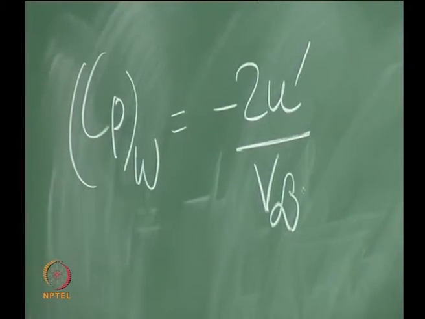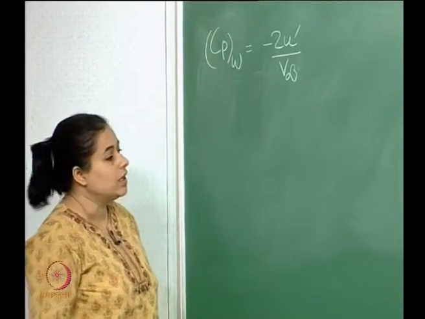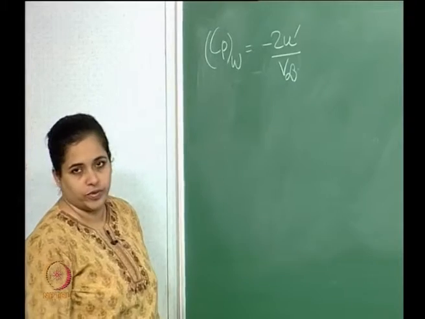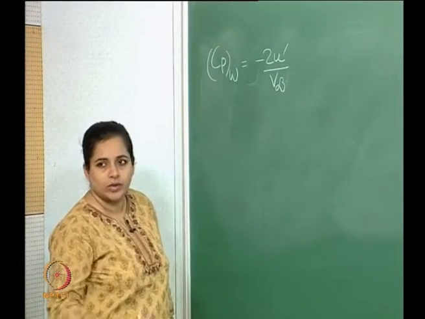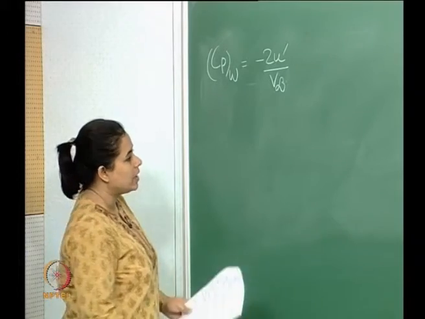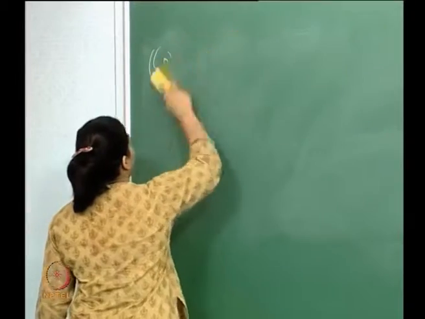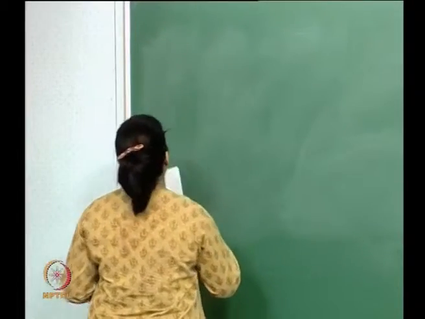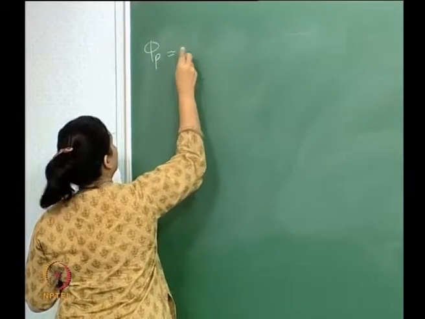So let us try to find an expression for this using the perturbation potential which we have just derived. Let me write that again here. So phi p essentially now is equal to